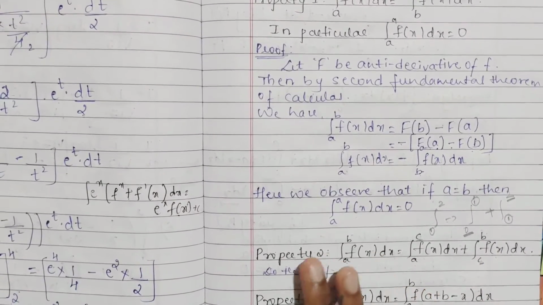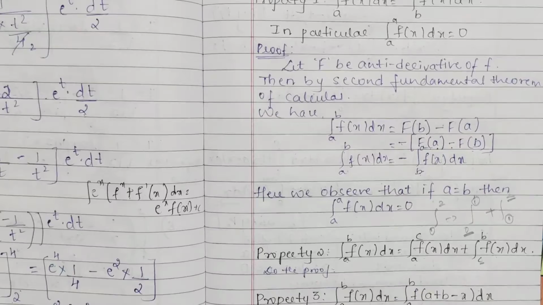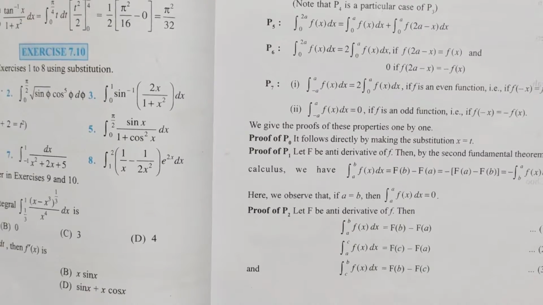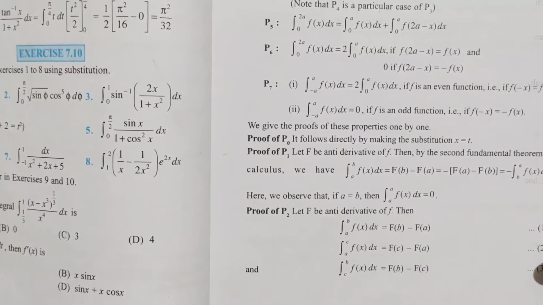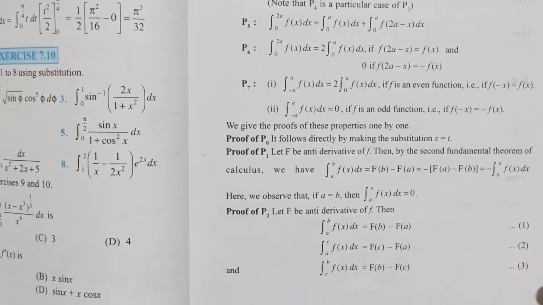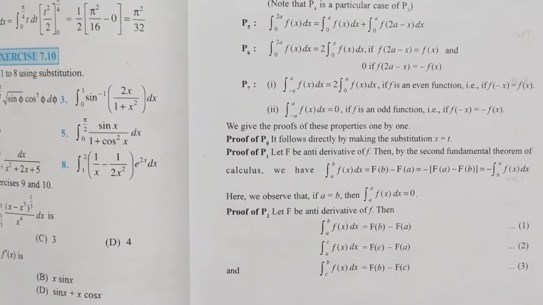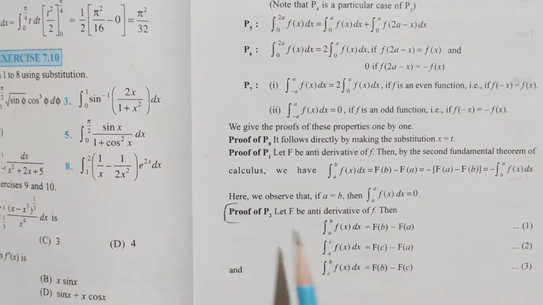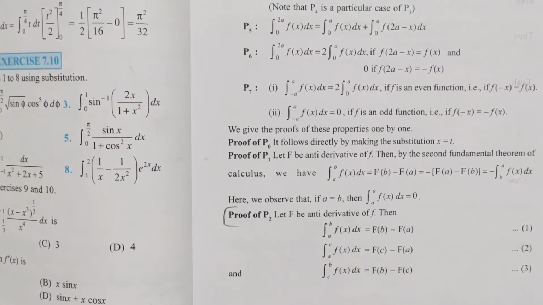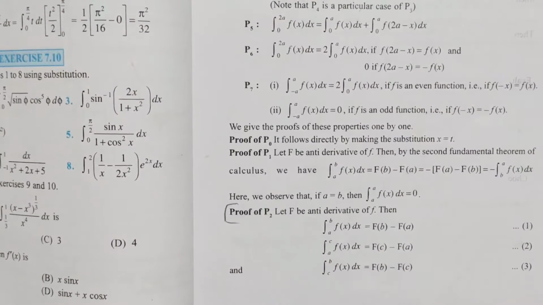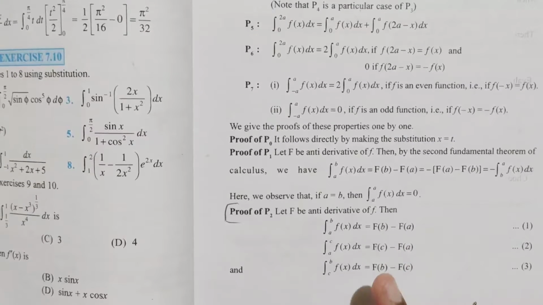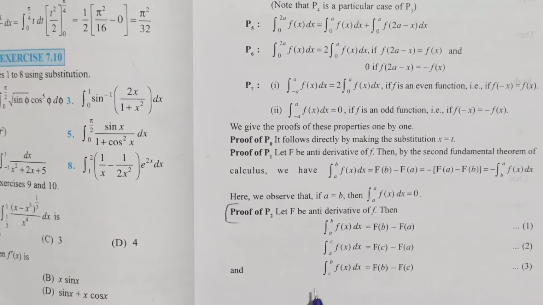When you are supposed to use this, do the proof by yourself, because it is the same as the proof of property 1 that I have shown you. You have to use the fundamental theorem. I have not done this proof, but I will tell you what to do. Write this proof down in your notes, because if it is asked in exams and you have not written it, I am not the one to blame, as I have already provided you with everything.